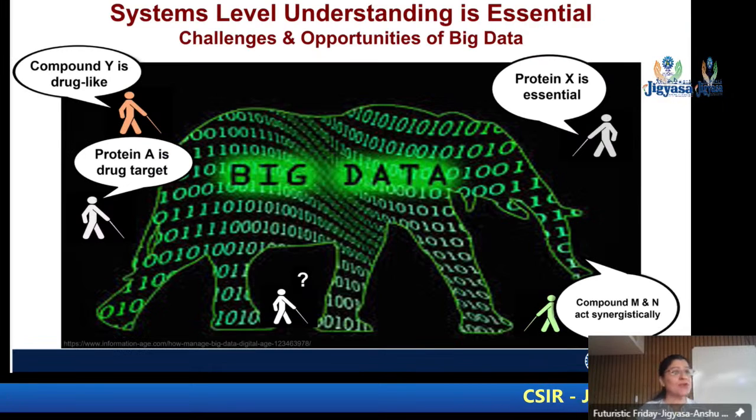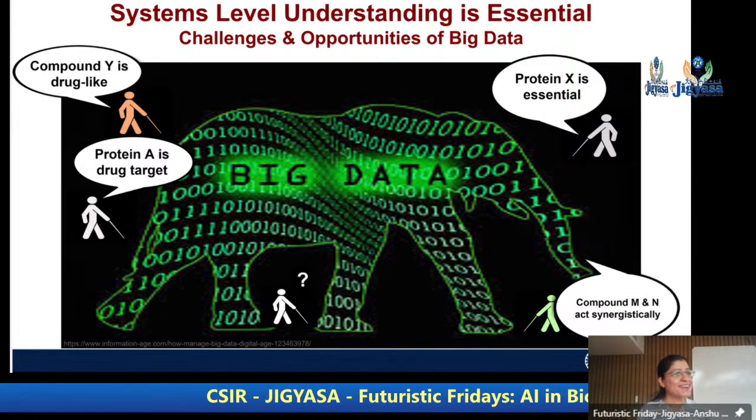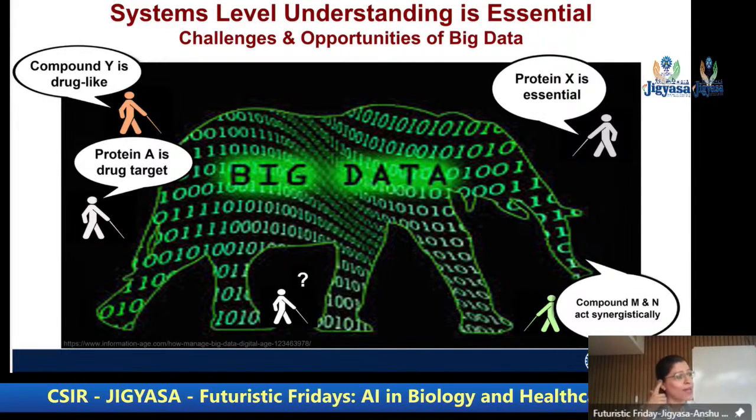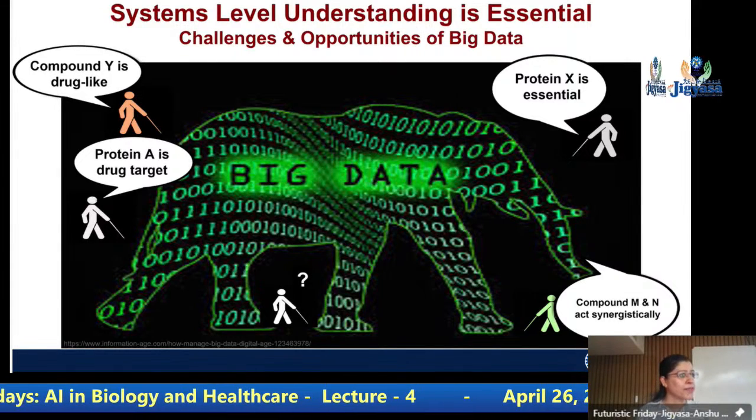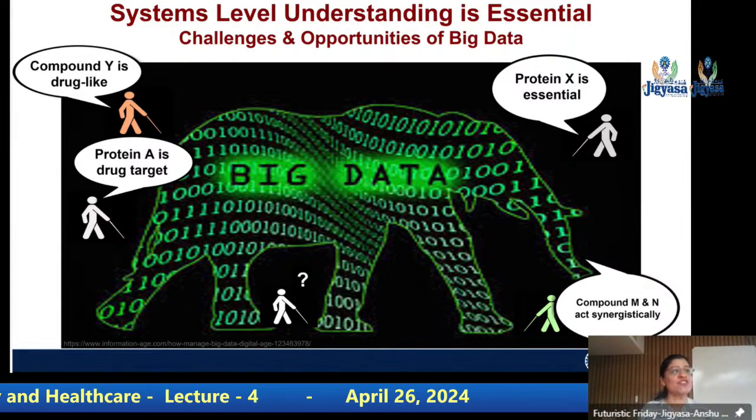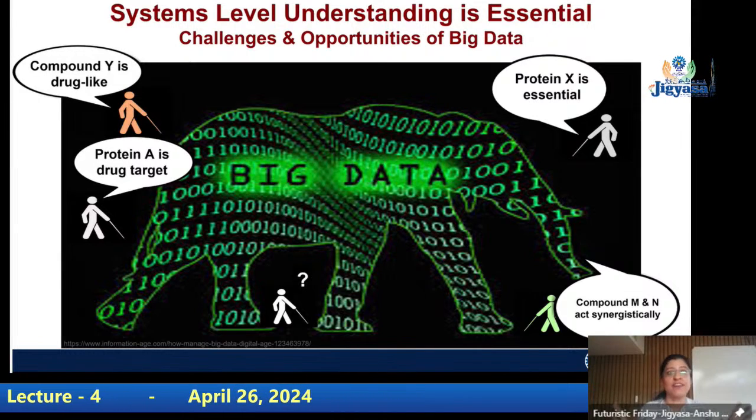The same problem is with data today. No matter how many ML algorithms we are applying, the data is just so much so that we all are like blind people so far. This is how one has to understand the problem. We are still trying to understand how the elephant looks, as in what we look like, in very, very great detail.